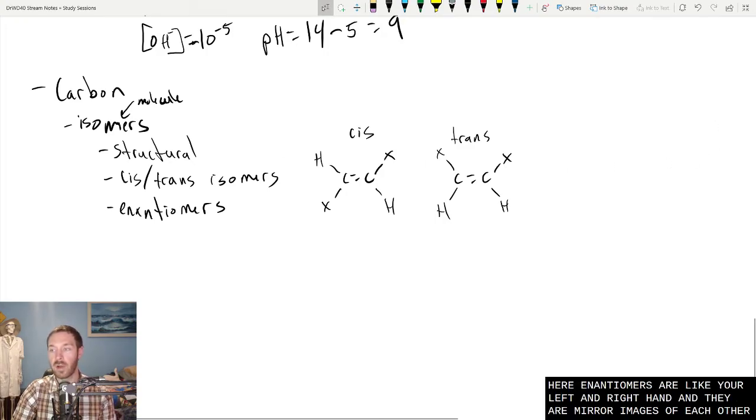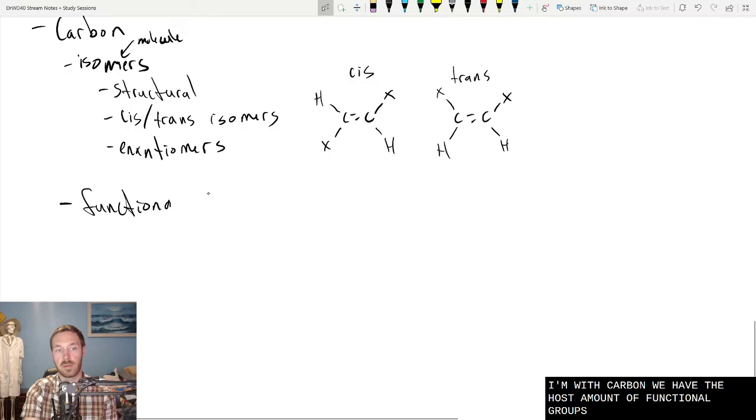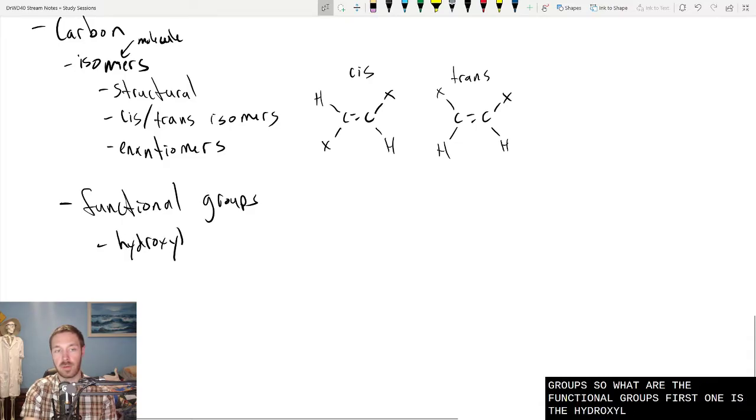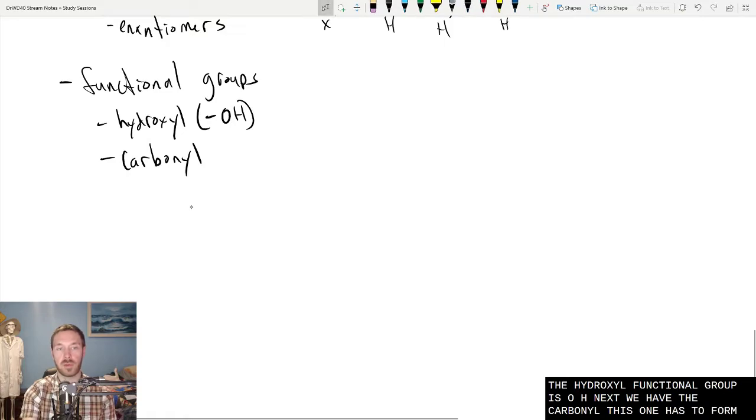Okay, now with carbon we have the host amount of functional groups. So what are the functional groups? First one is the hydroxyl. The hydroxyl functional group is OH. Next, we have the carbonyl. This one has 2 forms. It has the ketone,